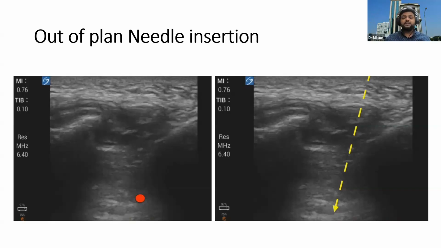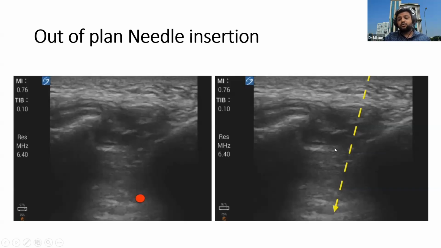So how can you identify the tip? When you advance your needle, there's some jerking movement. The tissue just in front of the tip of the needle jerks, but along the shaft there is no jerking. So if you can see your needle shaft is there, but the jerking is there,